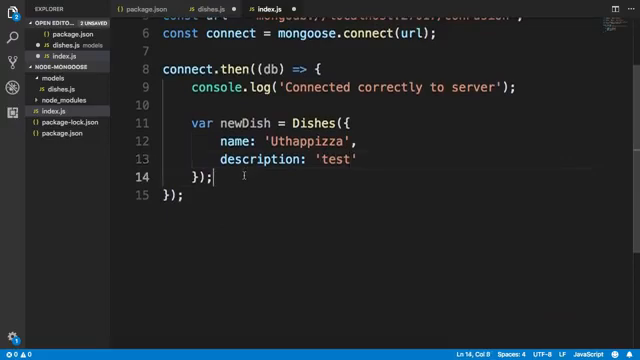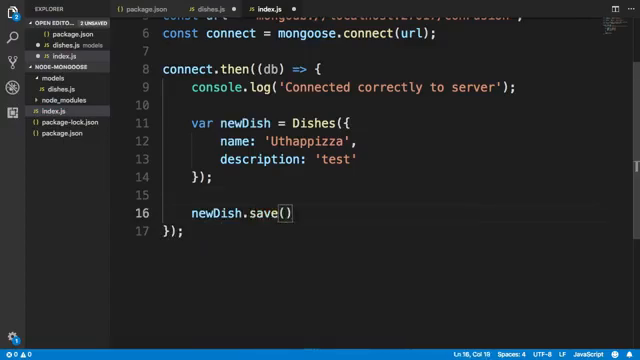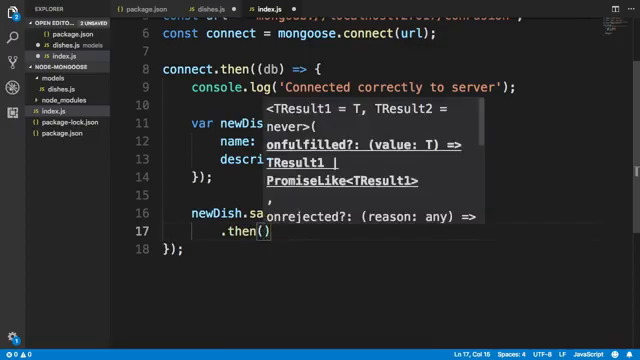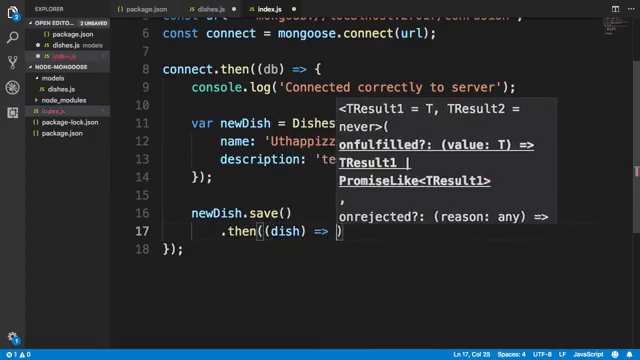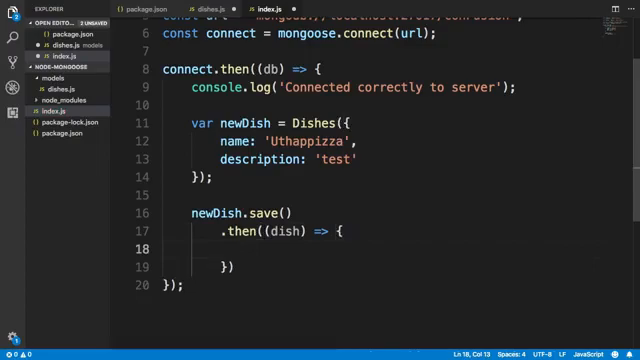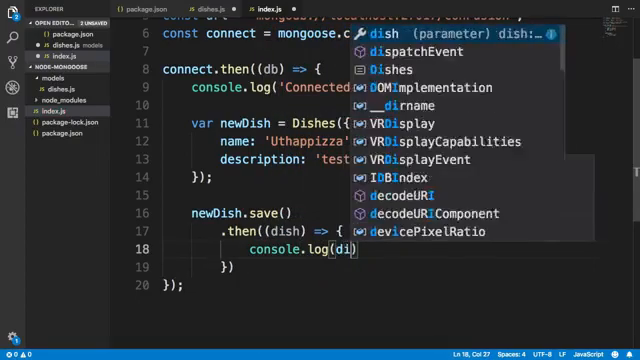And then once we create a new dish from the model, we'll simply say new dish save. The save method will cause this dish value to be saved, and then as you expect we'll return a promise, and then in here we will get the dish value as the callback in there, and then I can simply log the dish value here, and then after that